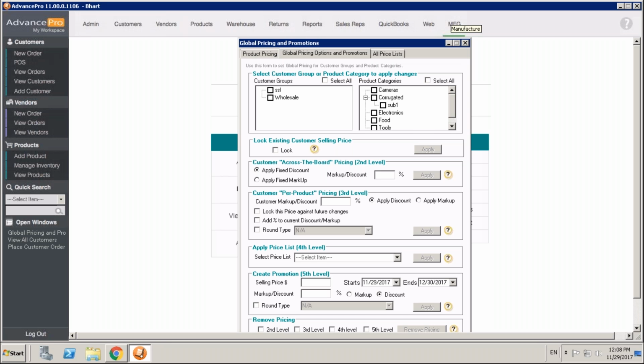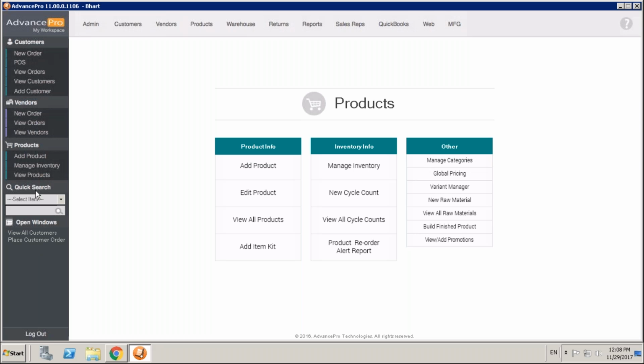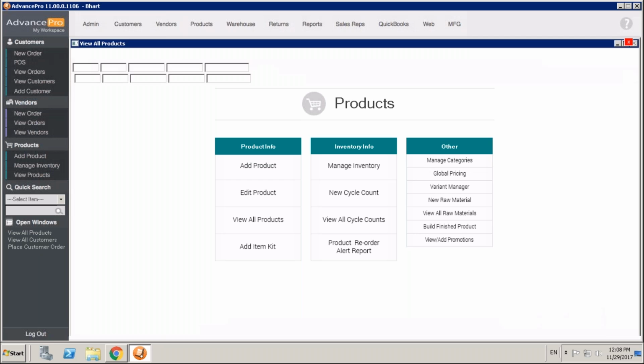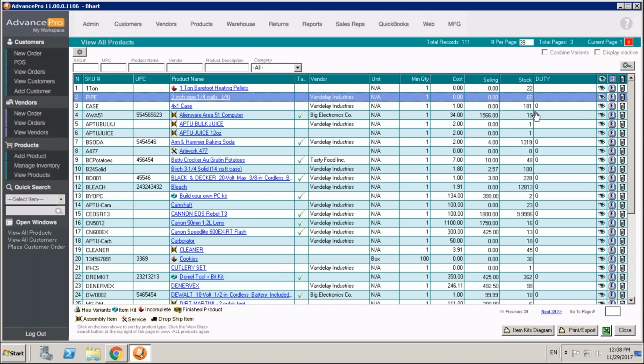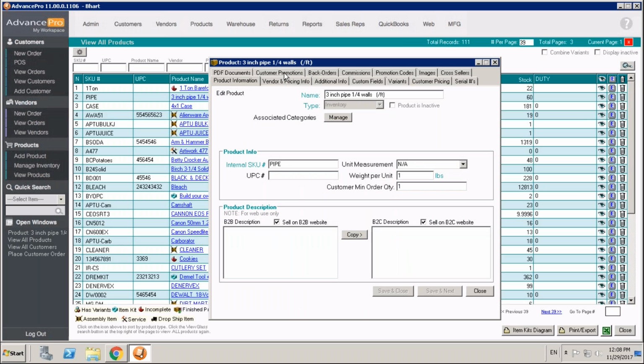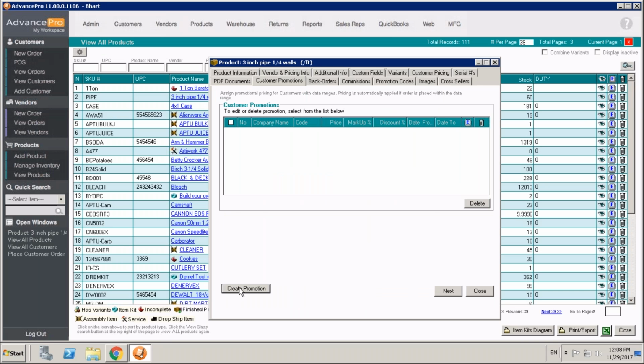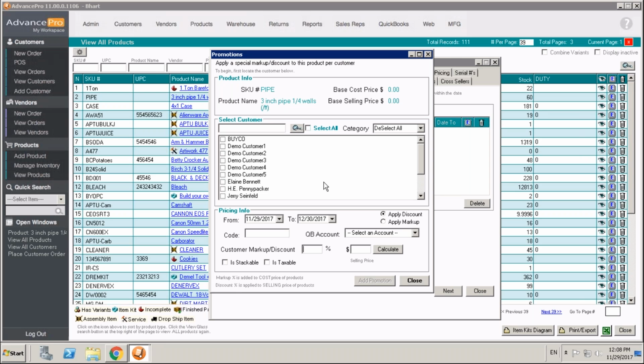Now, if you want to apply a discount on certain items, no matter who purchases, there's a few ways you could do that. So if you wanted to create a price sort of across the board, there is actually special pricing promotions in the item as well. So if we go to View Product and we edit the product, we can go to Customer Promotions, and we can create a promotion. So this is actually what we call a fifth level pricing. And what this allows you to do is set for all customers, for example, we'll just select all,